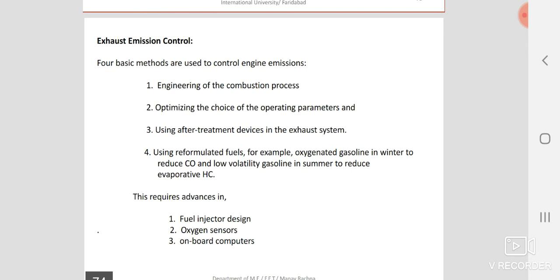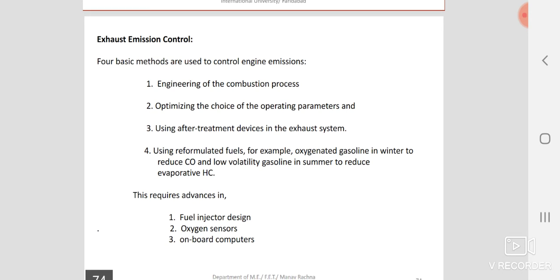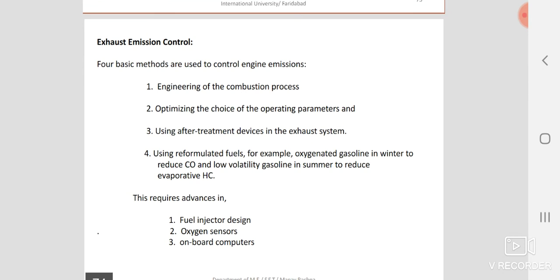For proper burning of air-fuel mixture inside, the spark plug in case of SI engines should be at the middle of the engine. And the spark plug should be confined in a small space so that the total combustion happens. In case of SI engines, this is possible because SI engines are generally smaller engines. But in case of CI engines, it sometimes becomes difficult.